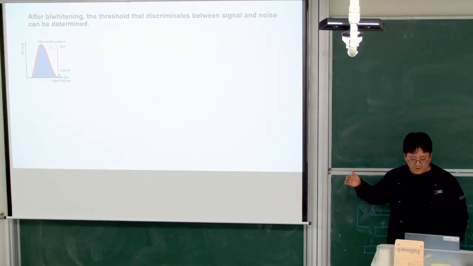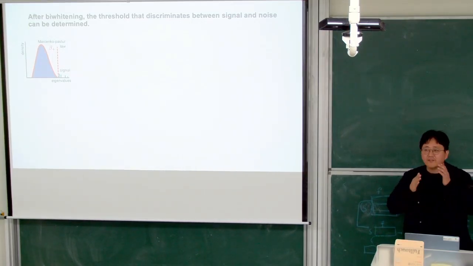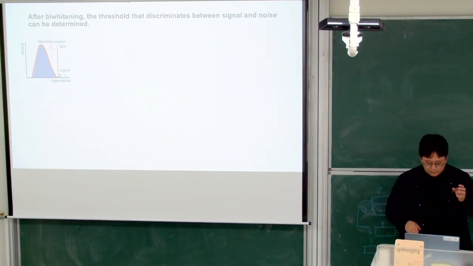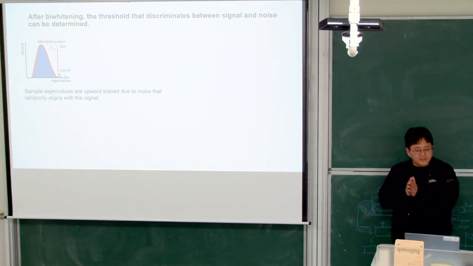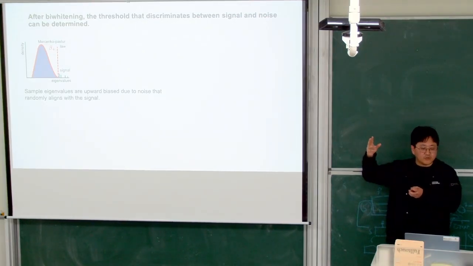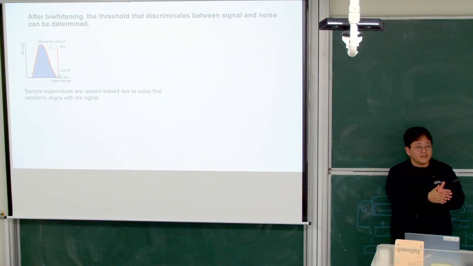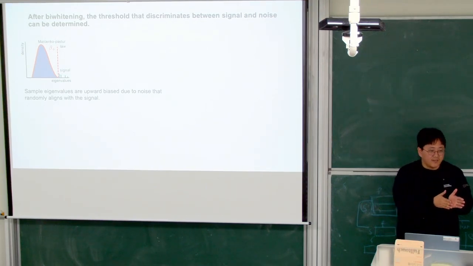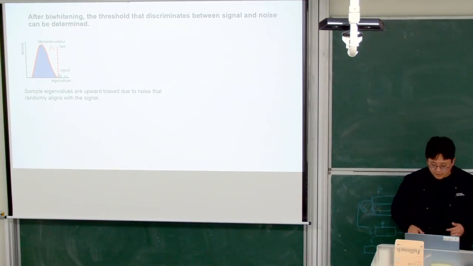But there is more. Although we set the threshold, there's another effect. Here, actually, the signal variance can be upward biased, can be increased due to the noise. Some noise can be aligned with this signal, right? That noise can amplify the signal variance. So to correct it,